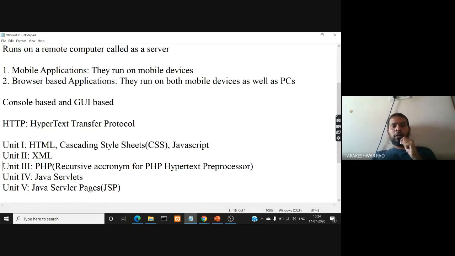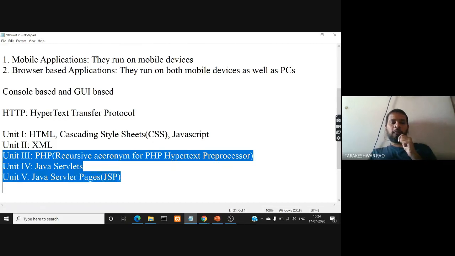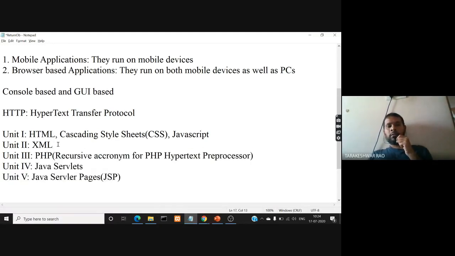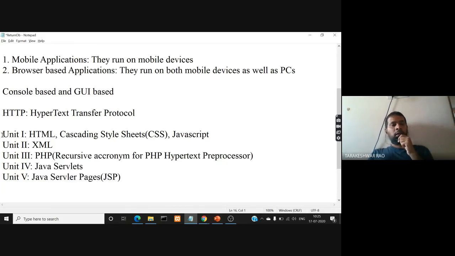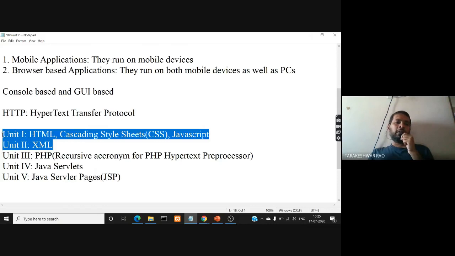But from third unit onwards, you require some additional softwares to be installed. So meanwhile, let us hope we'll complete the first two units, and by the time we complete the first two units, let us hope that classes will be conducted offline in the college campus. Then I can be more interactive, and I'll guide you through installing all the softwares that are required for all the three other units in the subject. But as of now, you don't require any softwares. Just you need to have a browser.